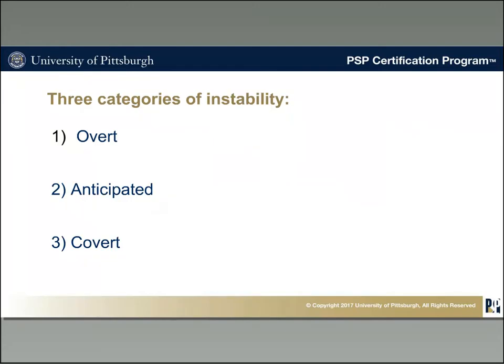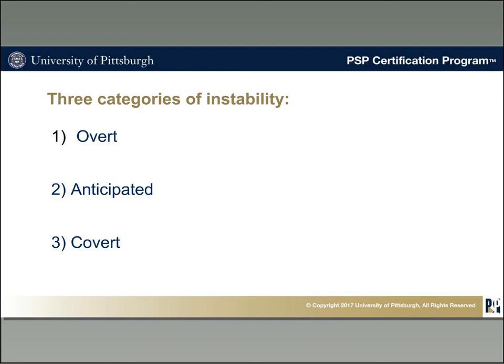So there are three categories of instability that we'll review now. Regarding cervical fusion, the treatment target is most often this spinal instability. Unfortunately, spinal instability is not well defined, partially due to the difficulty measuring this. A simple way for us to approach this spinal instability definition would be to subdivide it into three categories: overt,